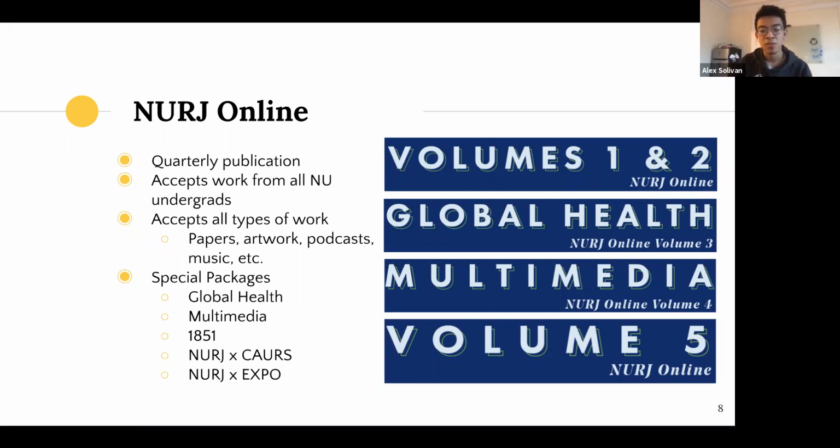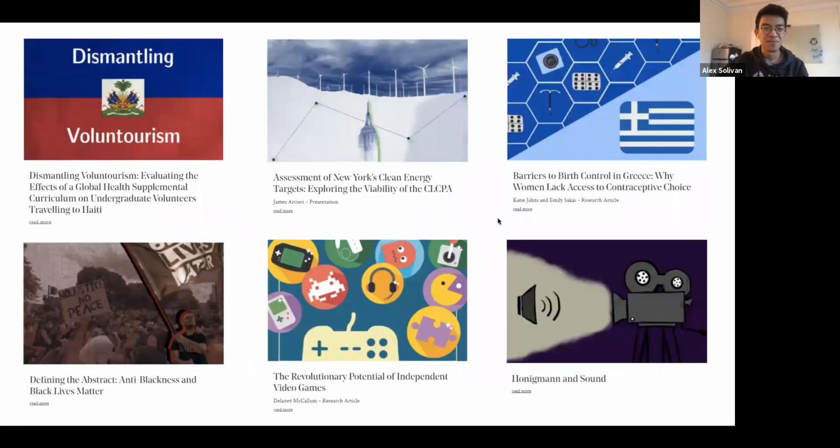We've also done collaborations with CARS, which is a Chicago-wide research expo, as well as Northwestern's own undergraduate research expo with the Office of Undergraduate Research. So these are some of the banners that you'll see on our website if you go look at the past NURJ Online publications. So yeah, this is what the work itself looks like